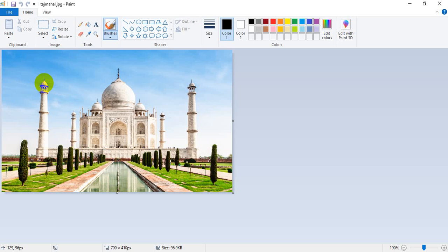Okay, are you getting my point? Again, when I move a little right, you will see the number has changed: 185,97 px. When I move to the right tower, the number has changed again: 578,103 px.